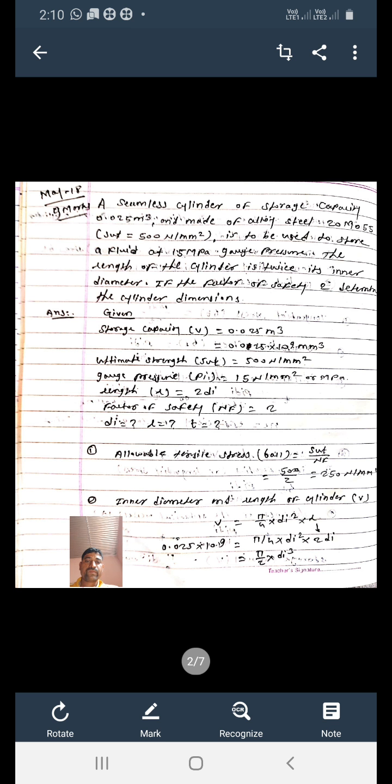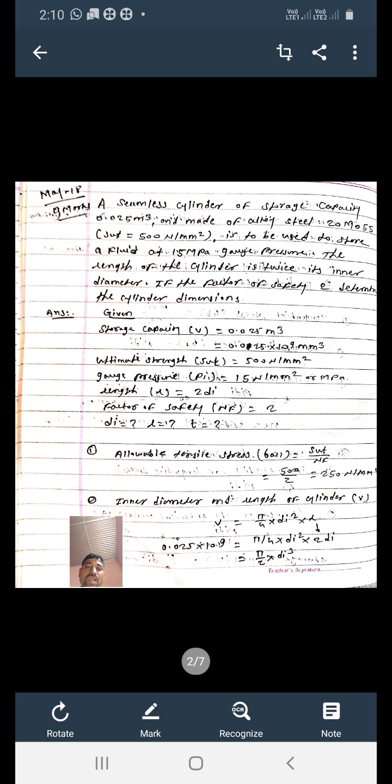Okay, then see inner diameter and length of the cylinder. How to calculate the inner diameter and length of the cylinder? See, inner diameter is denoted by di. Okay, you know the storage formula, storage capacity V is equal to pi by 4 into di square, means area, into length. You will get the meter cube, means volume of that cylinder. We want to calculate the storage capacity. Then you should put the value of V